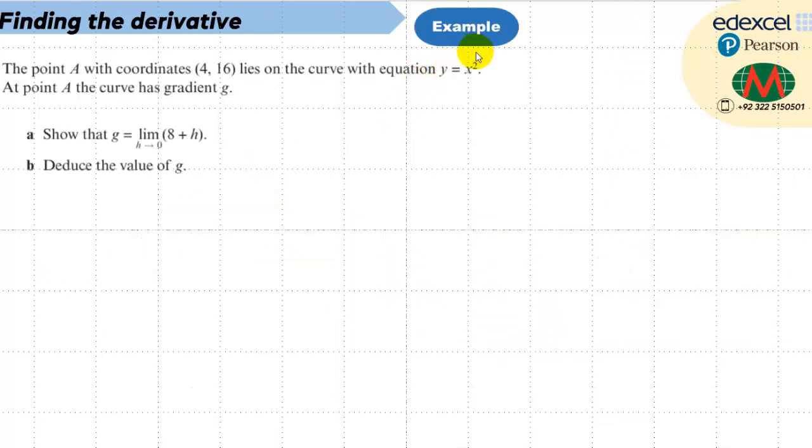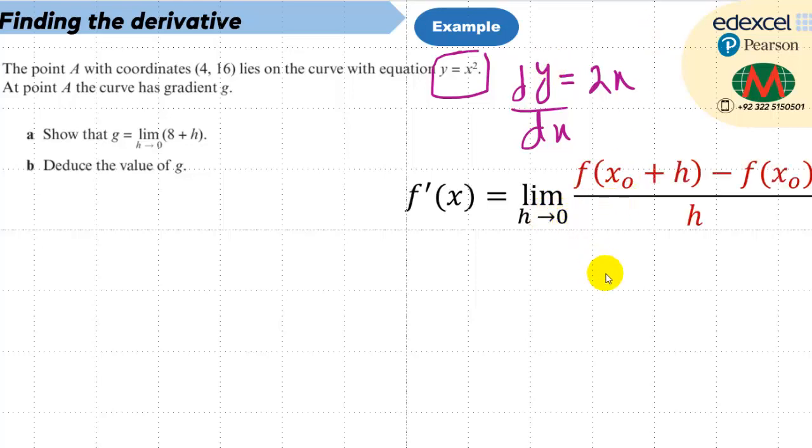Here we have a function, y is equal to x squared. Normally, using the straightforward method, the derivative of this function is basically 2x. Let's see whether we get the same answer using the first principle method. So this is the formula for finding differentiation using the first principle method. Now the function is x squared. So f dash x is equal to lim, the short word for limit,